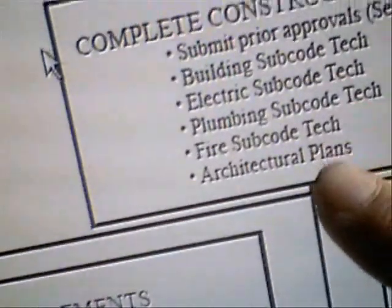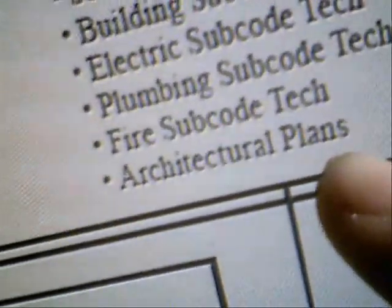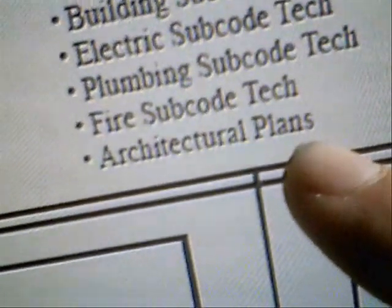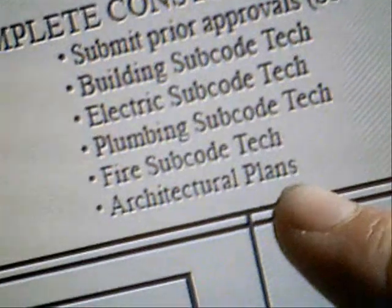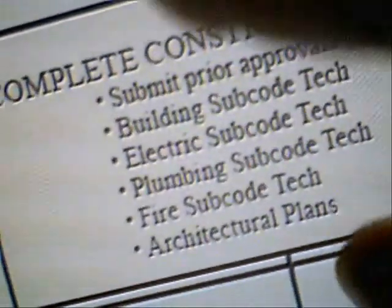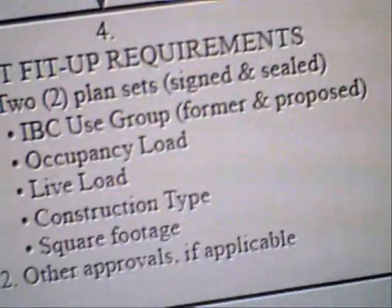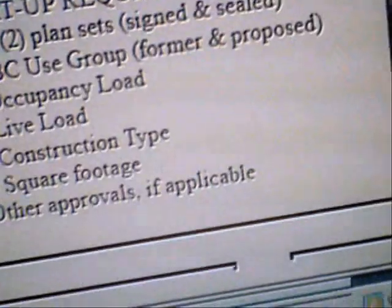Okay, check this out. Architectural plans. I remember this. You actually have to get an architect to draw up the floor plan so they can see how many feet it is from this point to that. So you've got to get all these guys to come out and make sure that everything is cool. They'll tell you how many people you can have in there, and all right. So then,